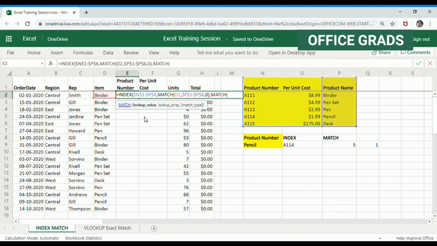So for finding out the position of the column, your lookup value for the column is this product number, comma, and where is this information available? It's available over here. So let's select this, and again F4 to freeze it, comma, 0, bracket close, and hit enter.